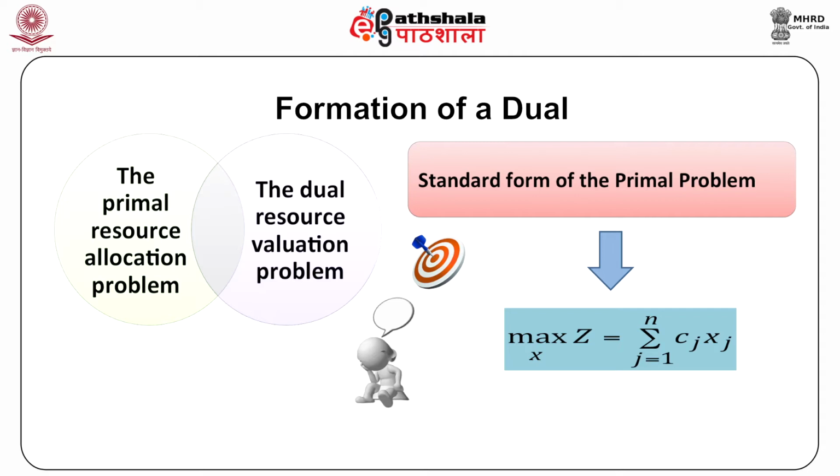In an economy, the resources are scarce, therefore, they need to be valued. So, when we solve a linear programming model, we focus upon two problems. First, the primal resource allocation problem, and second, the dual resource valuation problem. If the primal problem has n variables and m constraints, then the dual problem will have m variables and n constraints. The standard form of the primal problem is maximize z equal to summation cj xj, j going from 1 till n,